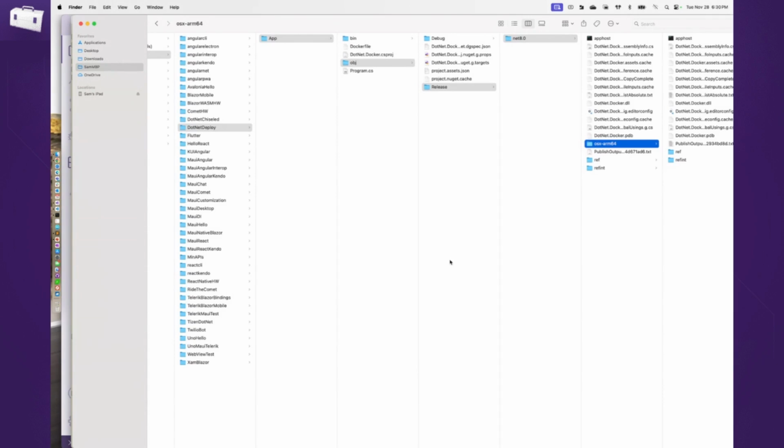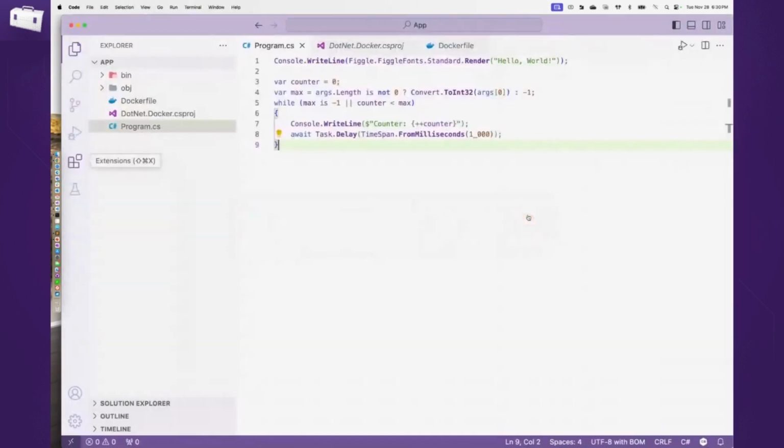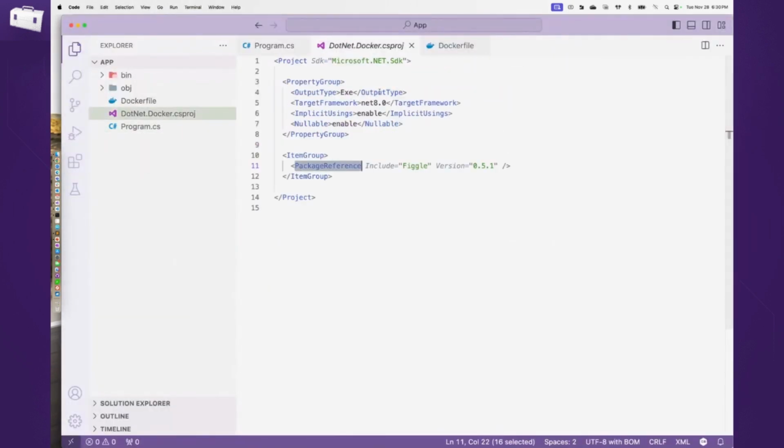Right? Makes sense? So the self-contained option is nice, and it carries with it all of the dependencies. Like you are going to see a DLL for the NuGet package in there. So any type of dependency that you have in your CS project, those dependencies will make it over. And it's only going to get the parts of .NET that you absolutely need in your project and no more. So you get a trimmed down version of this. So this is .NET running on Windows, on Mac, or running self-contained.